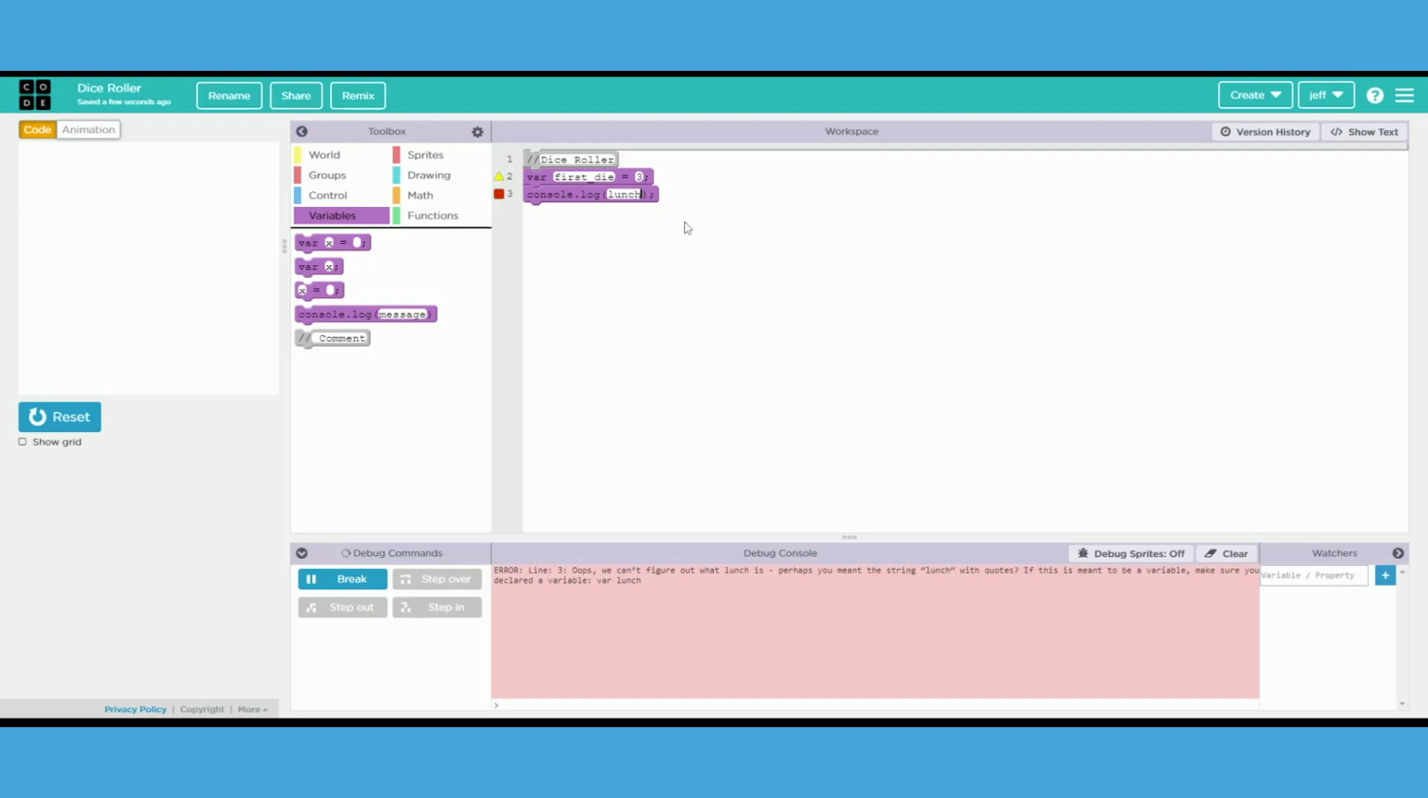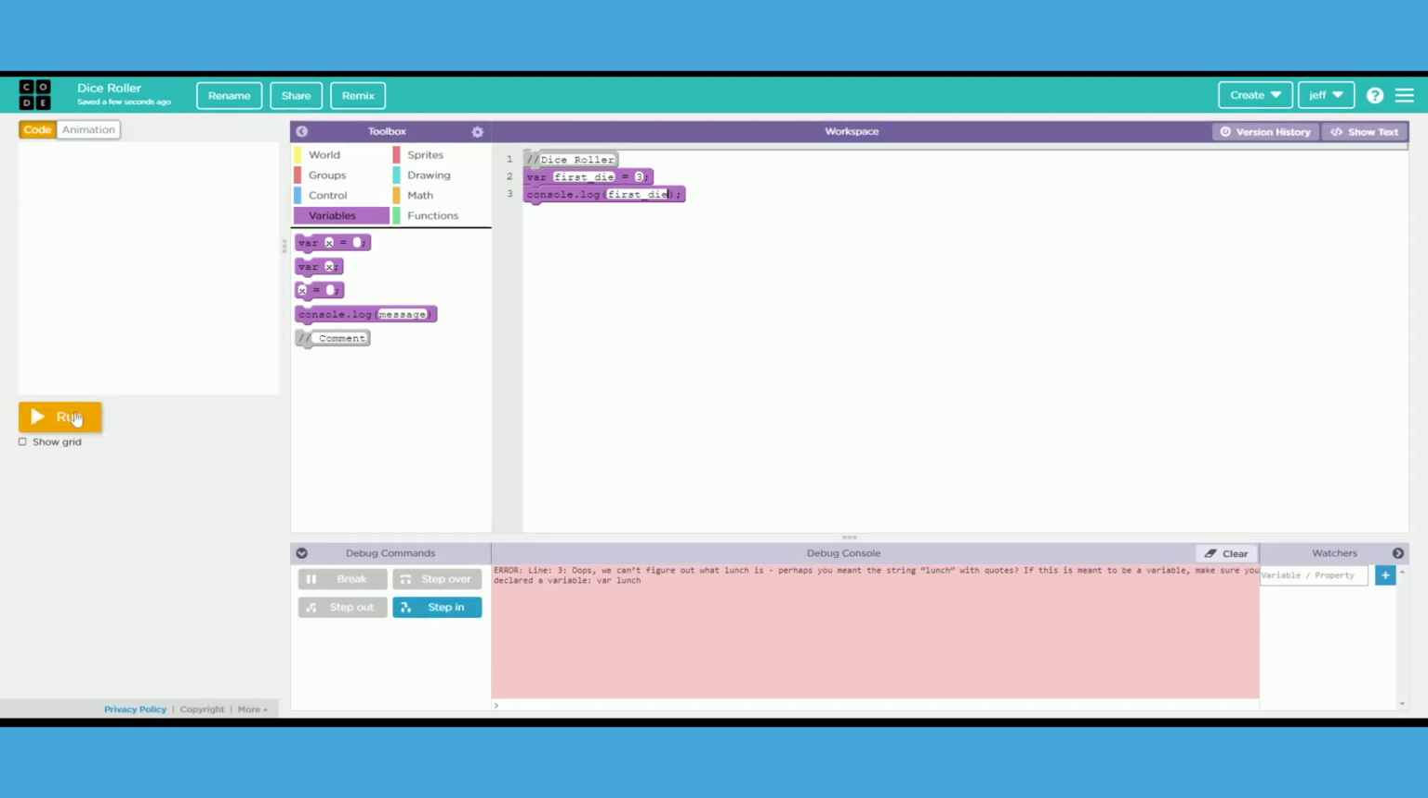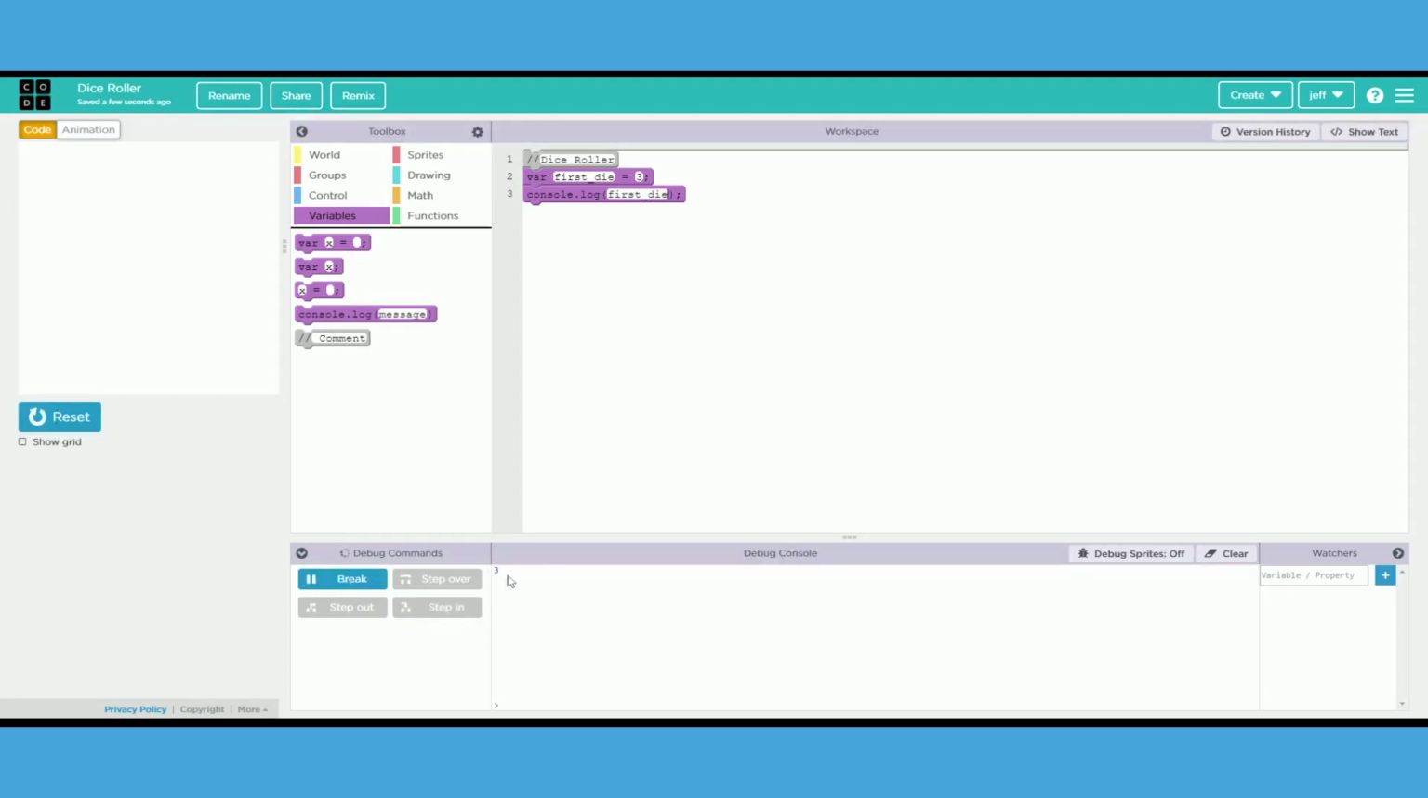So that's why when I type in here, first die without putting it in quotes, I don't get an error, because I have created that variable. All right, so this kind of starts out exactly what we want to do, except I don't really just want